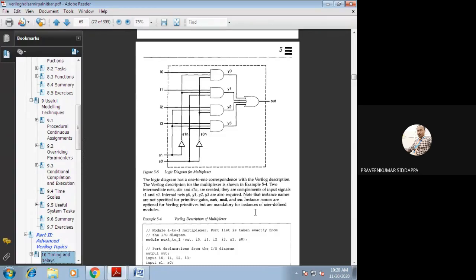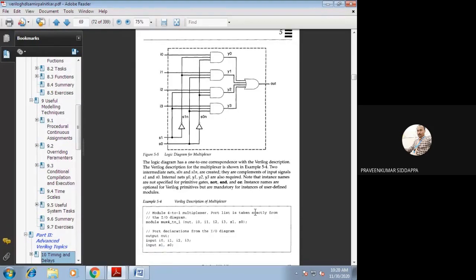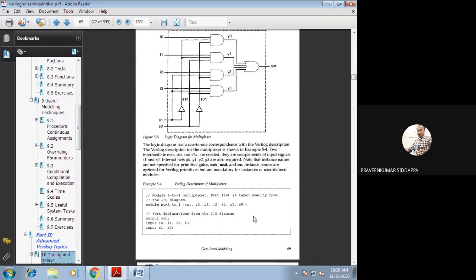After drawing the 4:1 mux logical diagram, by seeing this logical diagram it should be converted in terms of a program. Here I will write the program. You can check it. Is it clear? Any doubt regarding that logical diagram? Any doubt?